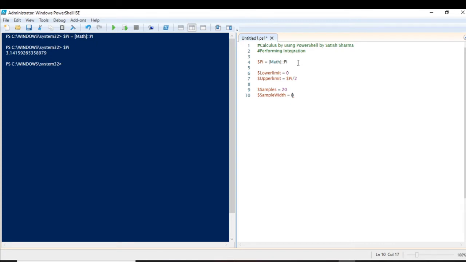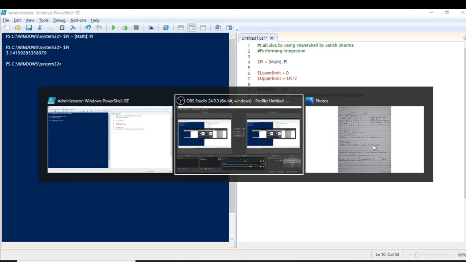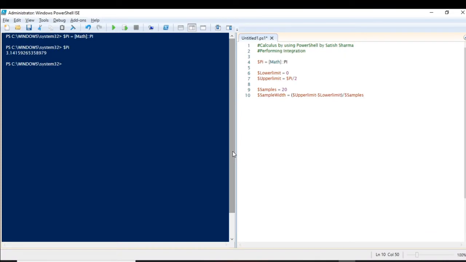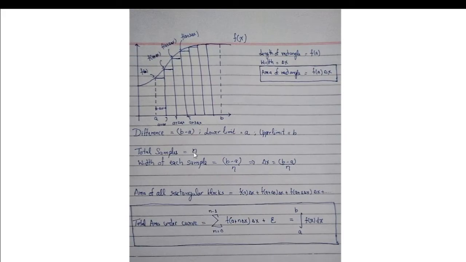As I discussed here, it will be the upper limit minus the lower limit, divided by the total samples. Here the lower limit is A, the upper limit is B, and the total samples is N. So here samples is equal to 20, which is the total sample.